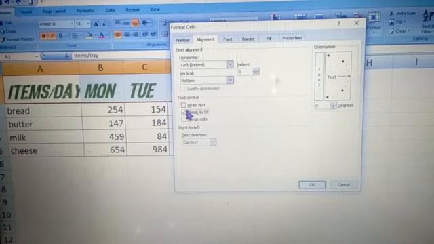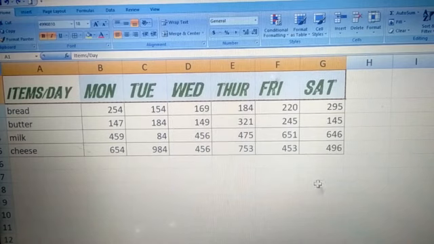So children, I've already selected the cells and I've selected shrink to fit. Now what will happen? Whichever cell the words are going outside, Excel will decrease the space between the text. So let me click OK and see. Right now you saw that Y was at the very border.